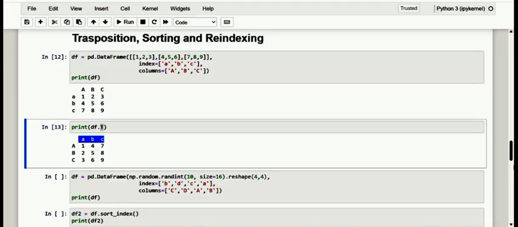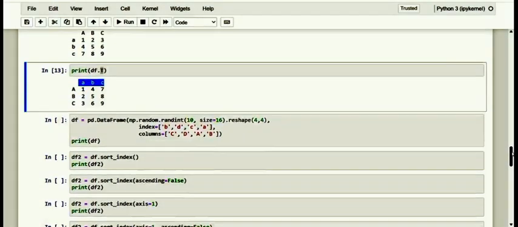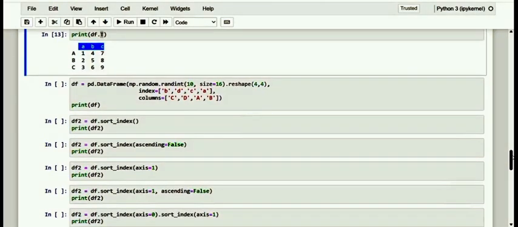Dear friends, often when loading a data frame from a data source, it happens that the order of rows or columns is not the desired one. During the various analysis phases, we may wish to sort the values of a specific column in ascending or descending order. All these sorting operations can be done by sorting by labels, sorting by values, or sorting by both the values and labels. Let me see them one by one.